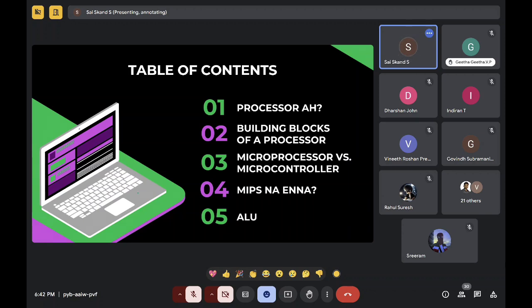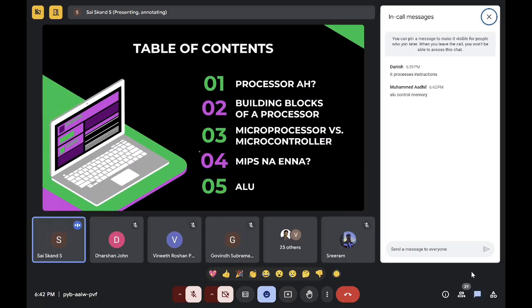Just think about it and let me know. ALU, control, memory. Yeah, okay, Mohammed Ali. Yeah, right. ALU, control, memory. What else? Those three are definitely there. They are the main components. And then what else? Registers. Yeah, you're right. Input, output ports. Yeah, that is also right. Input output ports is somewhat a little bit different, but it is a part of the processor.